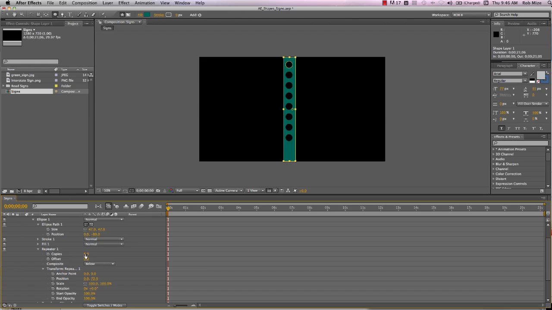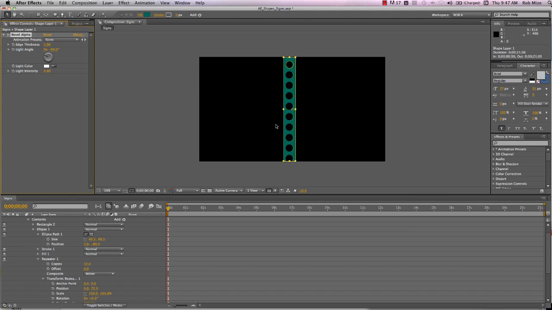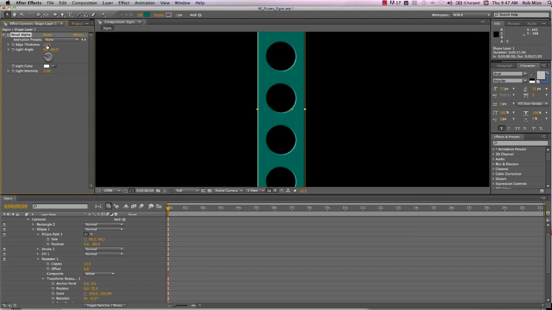I want to create a couple of more holes in my rectangle like so. And let me move that over just a little bit to get that more centered. Let me come up to my ellipse path and move that about there. I'm also going to come in here and add a bevel alpha effect. I think that gives it a little bit of dimension there that we didn't have before. I believe I'm also going to bring that size down just a bit,